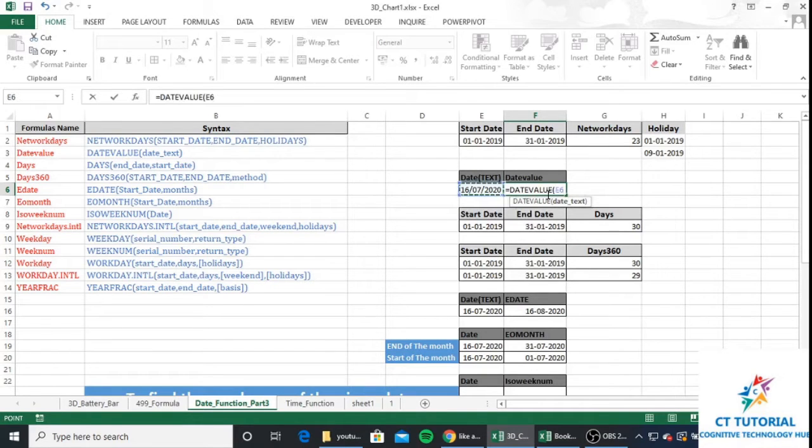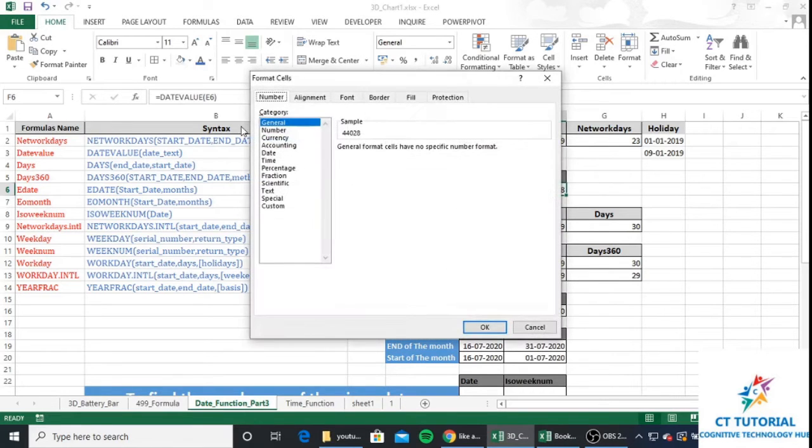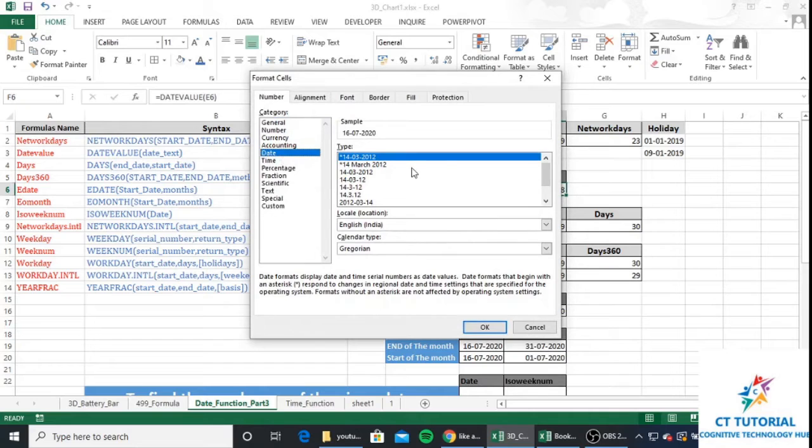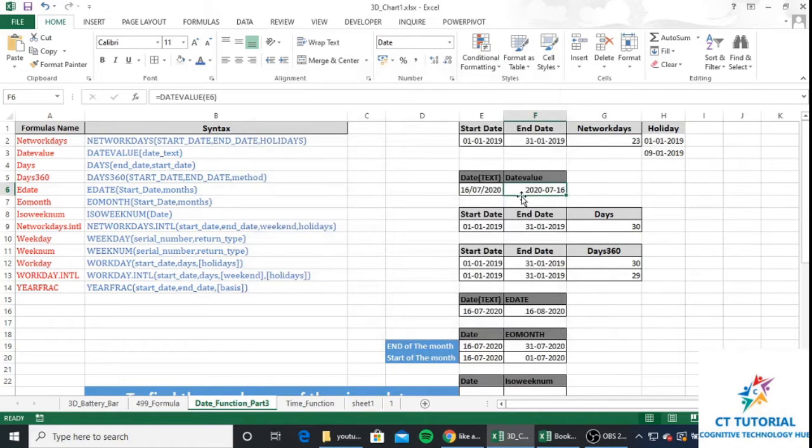DATEVALUE, date text, and close the parenthesis. Control 1, just select your desired date format. I will choose this one. See,